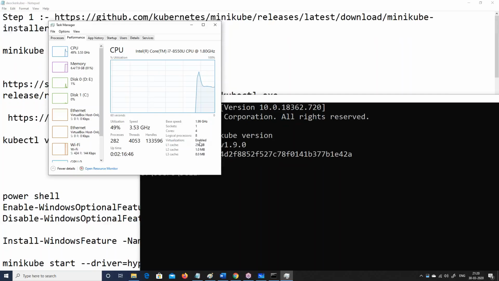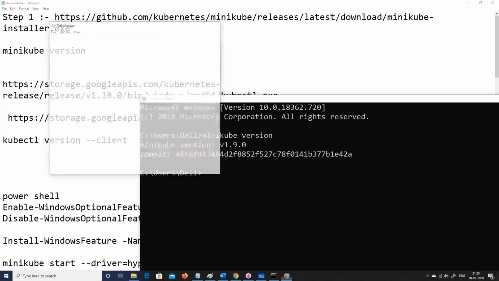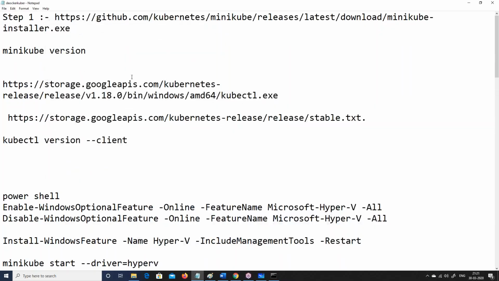In case it is not enabled, you have to go to the BIOS, enable VT, and then restart your machine. If this is not there, your Minikube will not install, right? Actually, Minikube will install, but it won't create a node on Oracle VM, right?